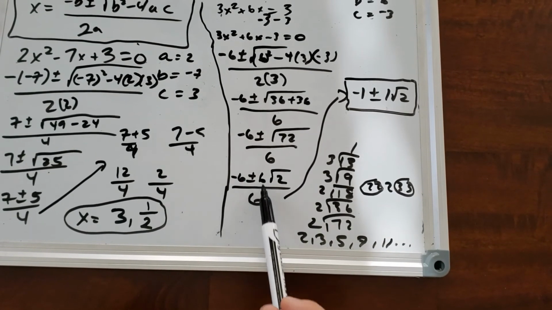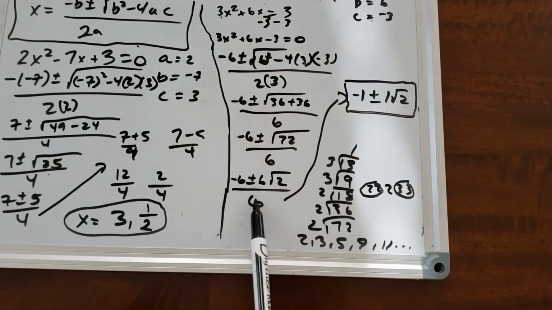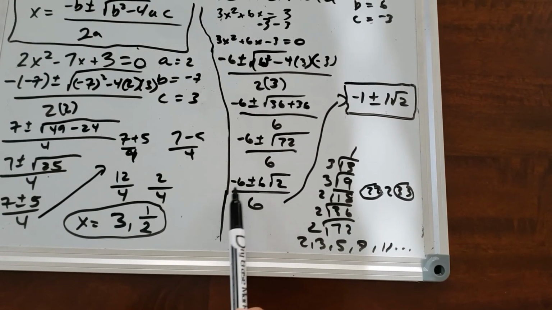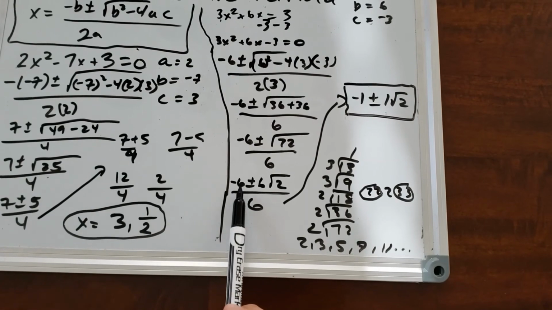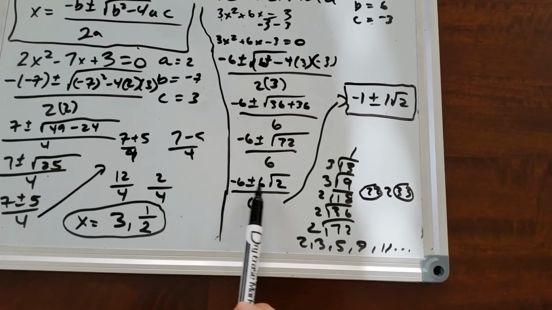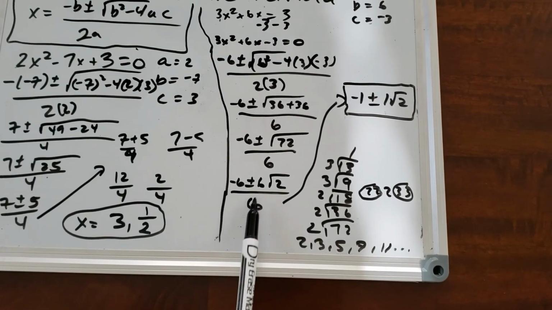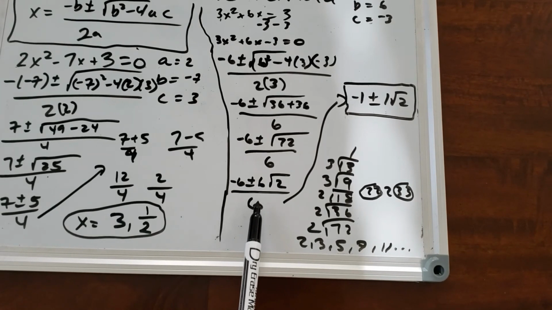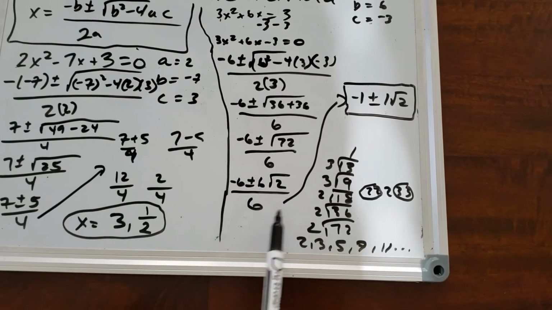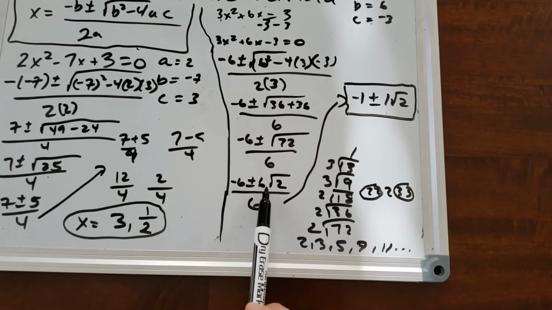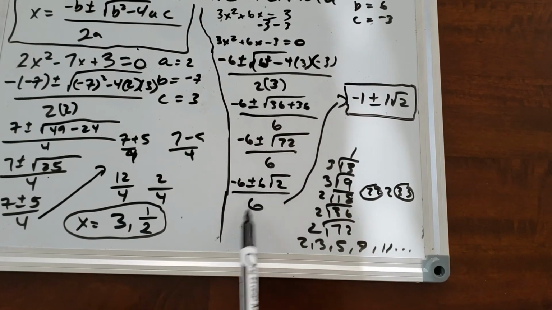And then the very last step here is, are there 3 numbers on the outside? If there are, you have to simplify those down. And remember, the number has to divide all 3 of these, okay? All 3 of these have to be able to divide by the number if you're going to divide out. If there isn't a number that divides all this, this would have been my answer right here. But since 6 can divide all 3 of these, I had to go ahead and divide them all by 6,